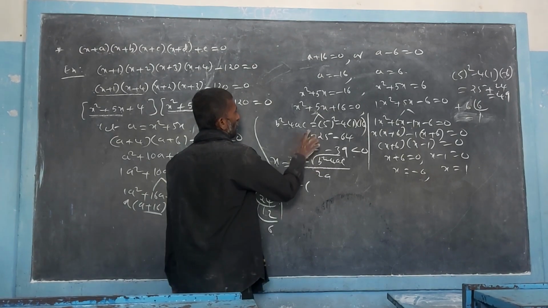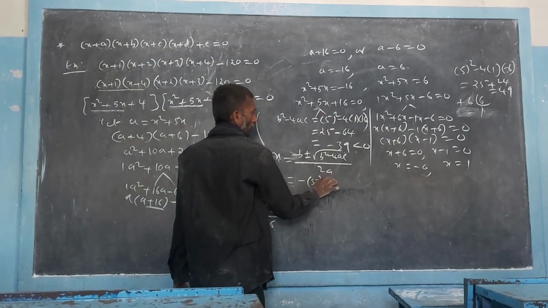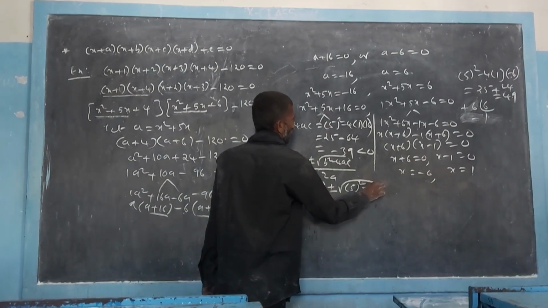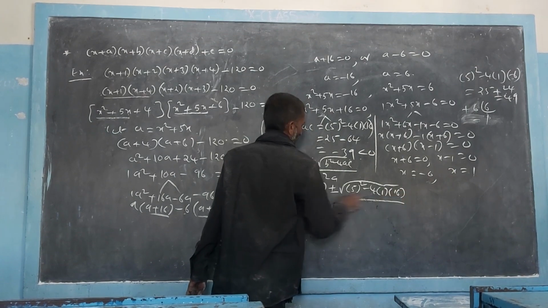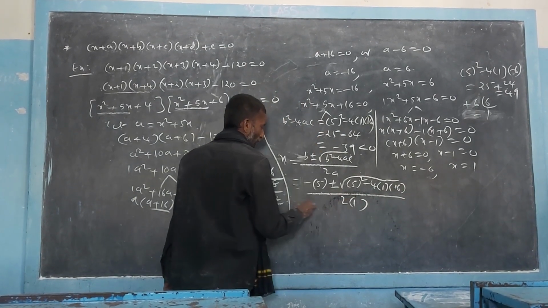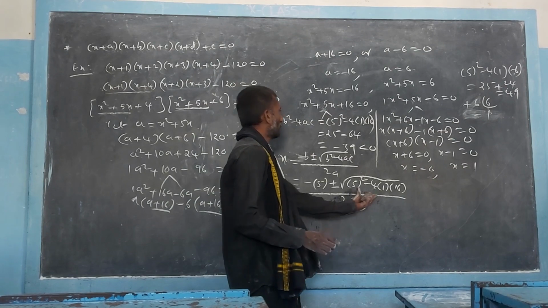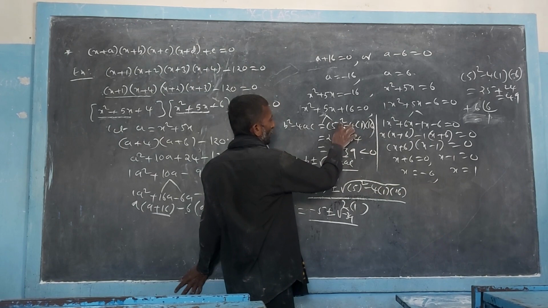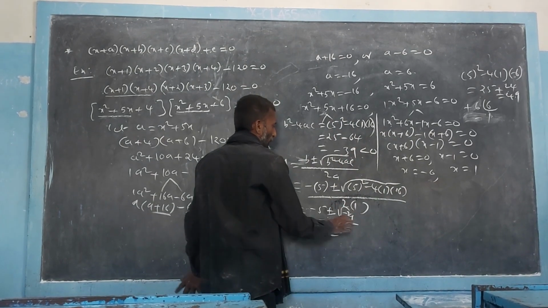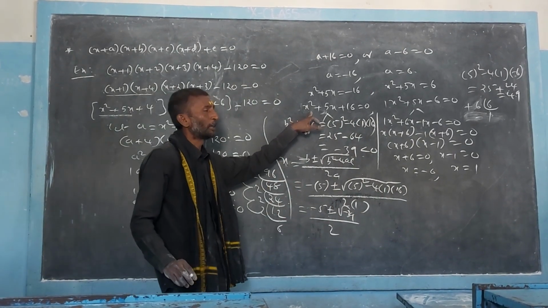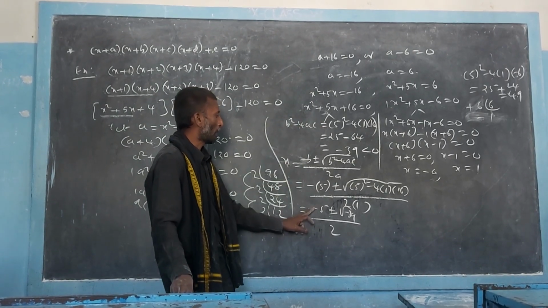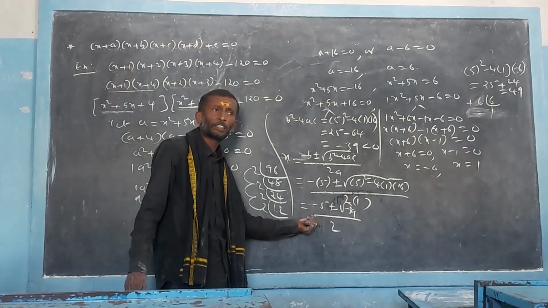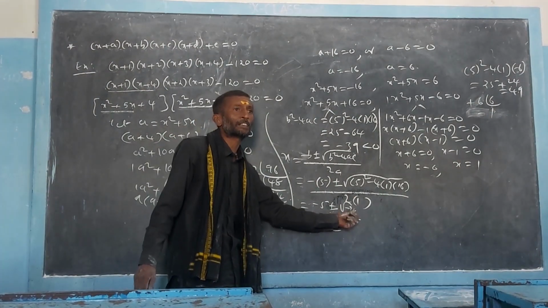You know the formula? Yes. Minus b, it is minus 5, plus or minus root of b square, 5 square, minus 4ac. 4 into a is 1 and c is 16, by 2a. 2 into a is 1. So you get minus 5 plus or minus root of this whole thing, which is minus 39, by 2. So what are the roots for this quadratic equation? x equals minus 5 plus root of minus 39 by 2, and the other root is minus 5 minus root of minus 39 by 2.